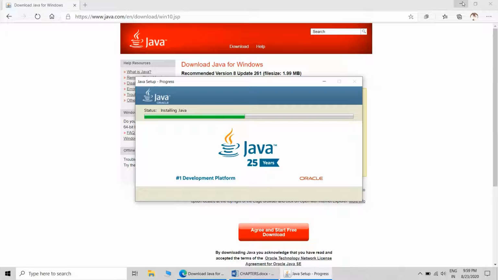So our setup is in process. You have to wait for a few seconds, or a few minutes, for this installation. Of course, it will get installed very quickly.